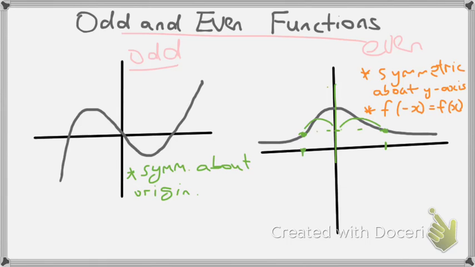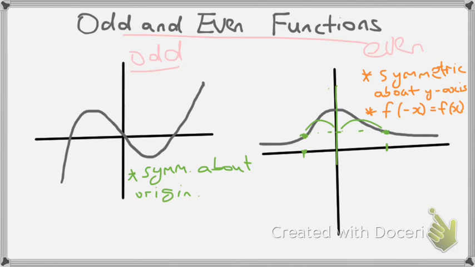The idea is if you draw it and you stick your finger there at the origin and you spin 180 degrees, the function should look exactly the same. It's got rotational symmetry about the origin. What it means is that this segment here, if you rotate it 180 degrees, should be the same as this segment here. That is what it means to be symmetric about the origin,